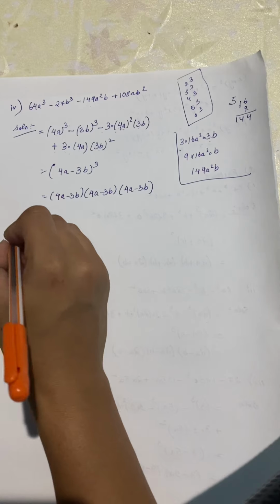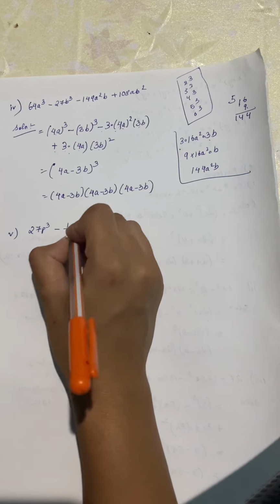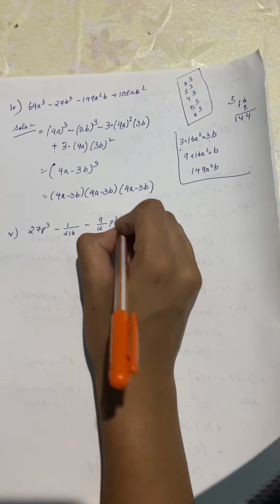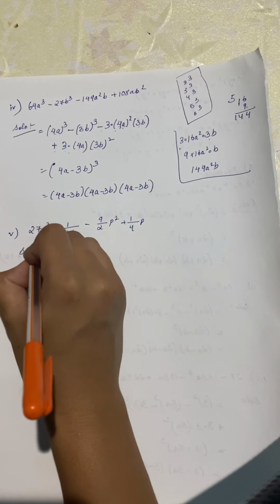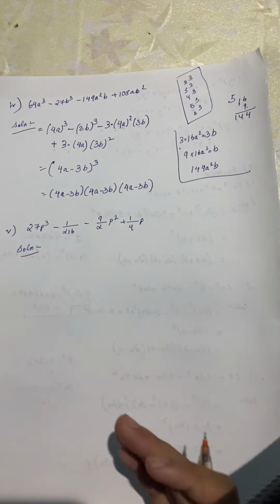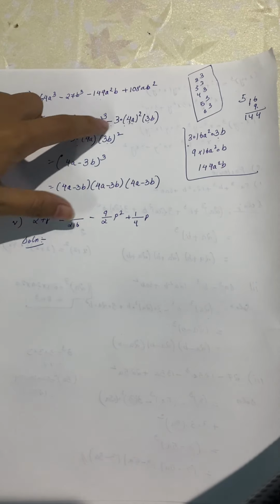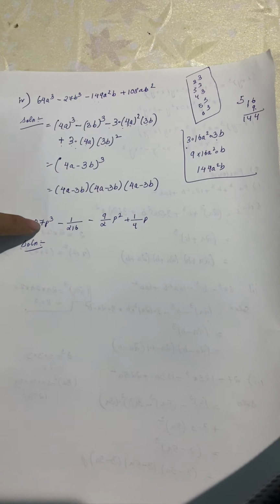The last question is the fifth one, which is 27p cube minus 1 by 216 minus 9 by 2p square plus 1 by 4p. Now some of you must be thinking, how can we know in the exam hall, if this question comes, that this is going to be in the form of this? The clue here is, the moment you see cube, try to think of all the formulas